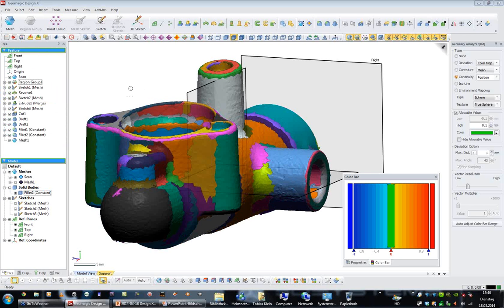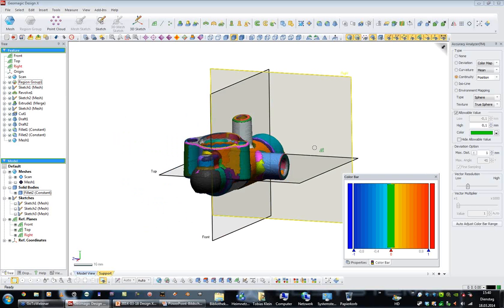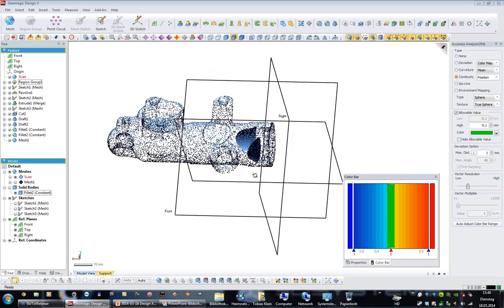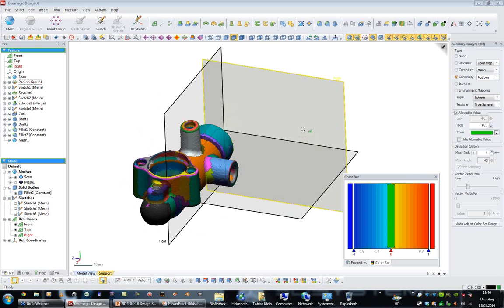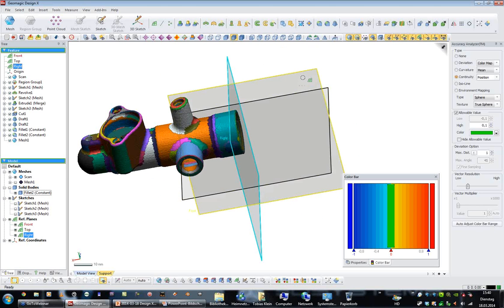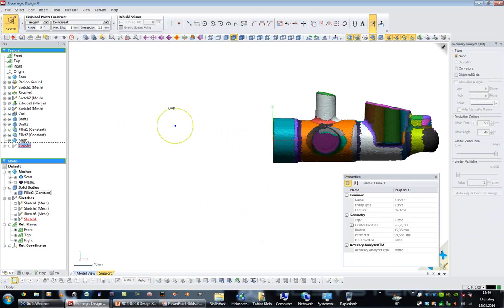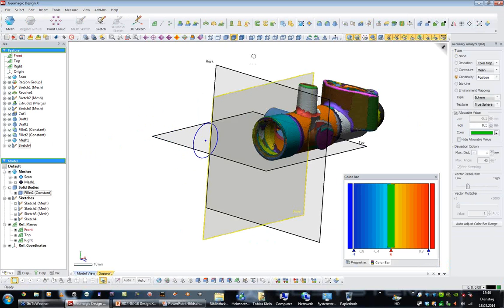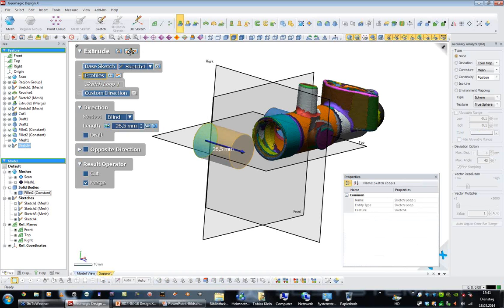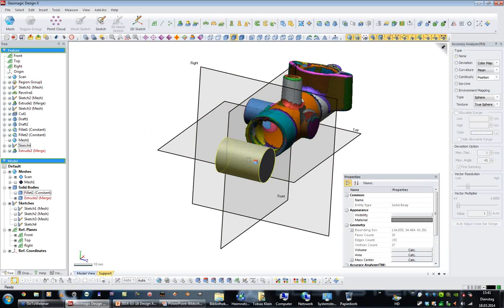Okay. You can make planes and axes to use for alignments. Is it possible to make best fit cylinders and use them for the alignments? Yes, that's also possible. So, for example, if I want to match this part to another part, let's say part A should be reversed and part B is the one I have. So I'm creating just a CAD cylinder here. It does not necessarily need to be the same diameter, but it needs to be the same feature. So if I have that CAD cylinder here, and I want to move one of those cylinders to that one,